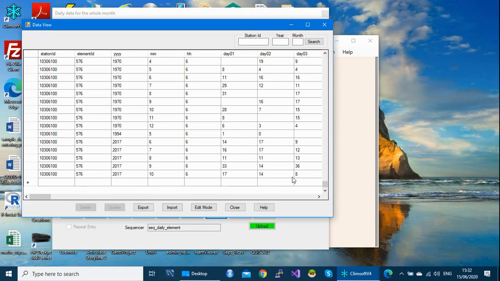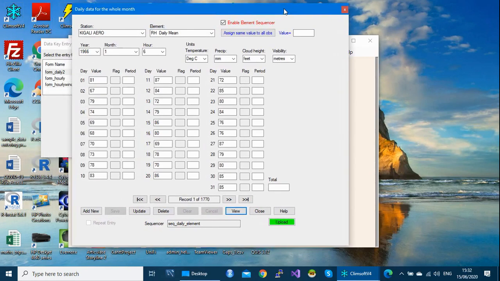And then our last step is to upload now. So today we want to upload our data into CleanSoft for further processing. The next step is to upload this, and then after that we do the quality control. So now to upload your data, you use the upload button. That means we are going to push our data to another level. So we have to click on the upload button.